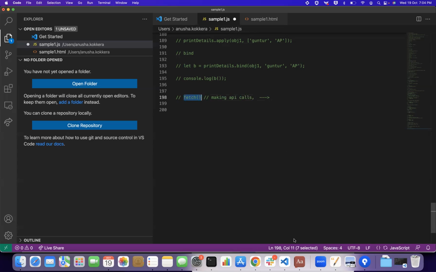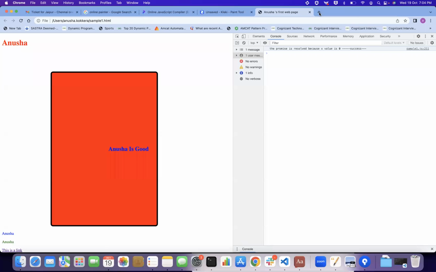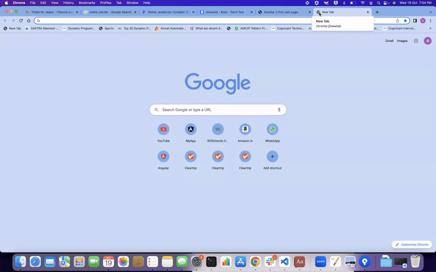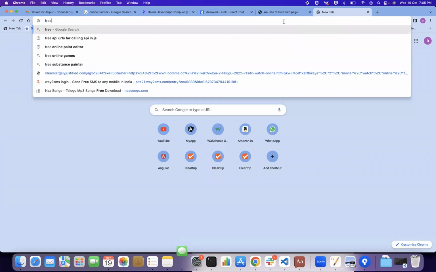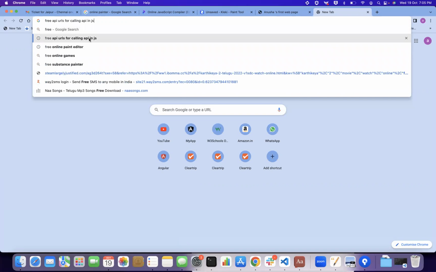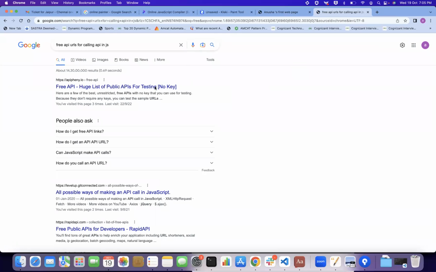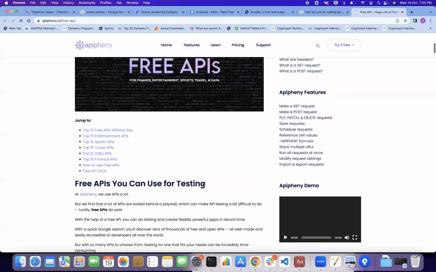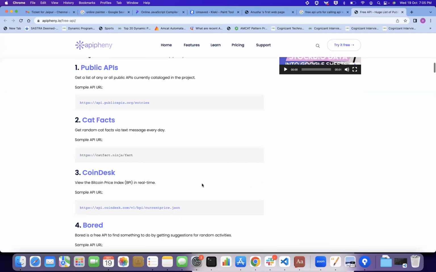Sorry. So there are some websites which give us free backend URLs. Okay. Free API URLs for calling APIs in JS. And if you go to this website, you will get a lot of API URLs. Okay. For example, let us take this URL. If you just click on it,